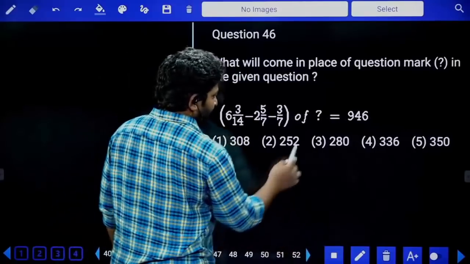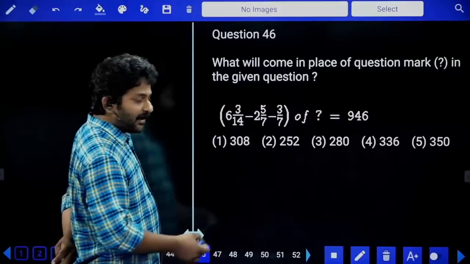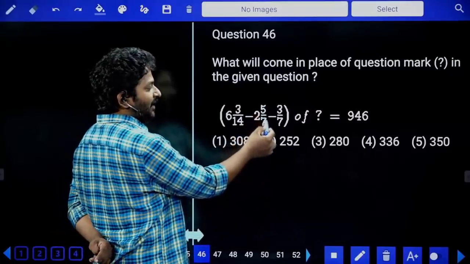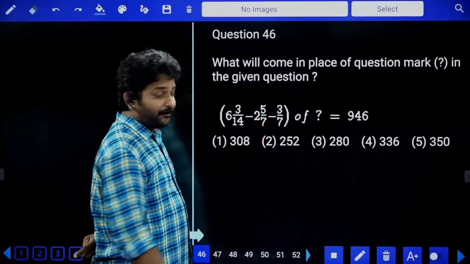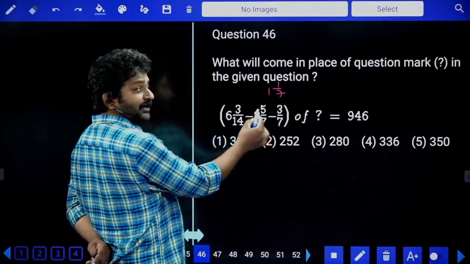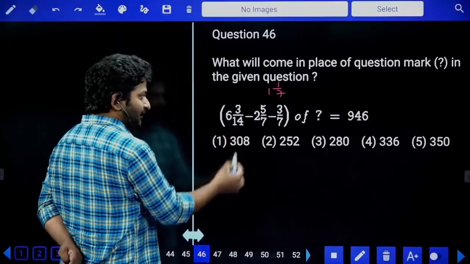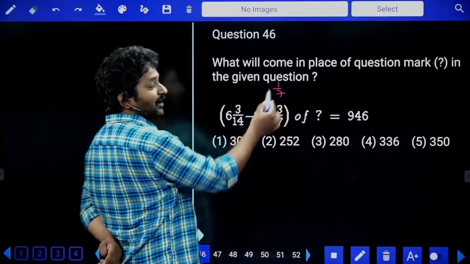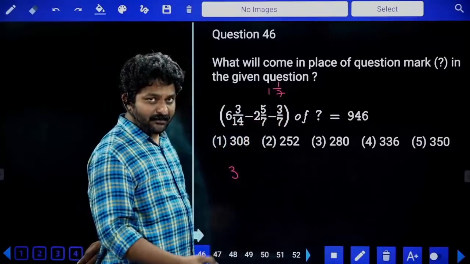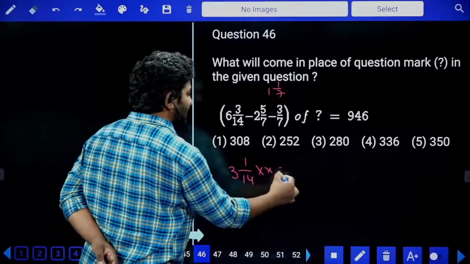So here, two negative numbers. First, we have to complete the numbers inside the bracket. Two negative numbers, 5 by 7, 3 by 7, which is 8 by 7. 8 by 7 can be written as 1 by 7. Already 2 integer plus 1, 3 1 by 7. 6 minus 3, that is 3. 3 by 14 minus 1 by 7. 1 by 7 we can write it as 2 by 14. So 3 1 by 14 into x is equal to